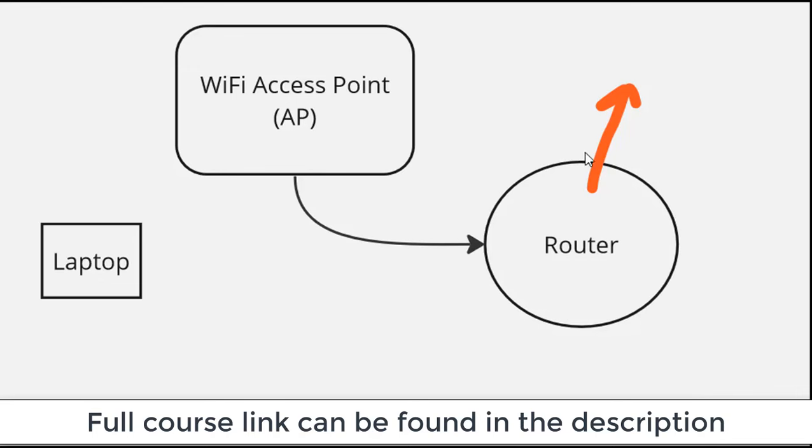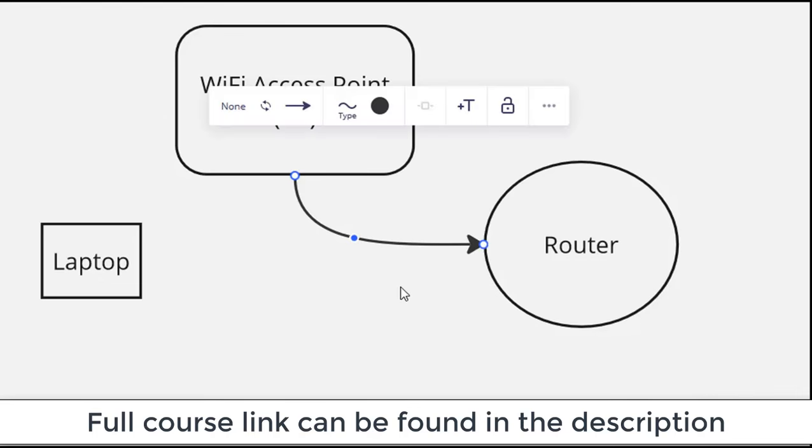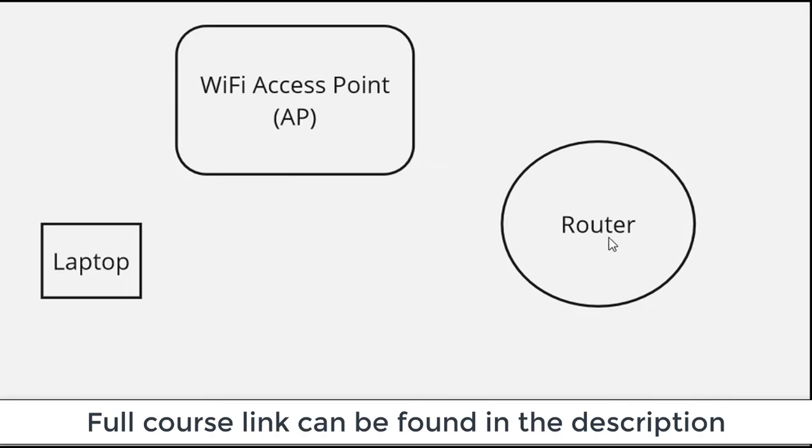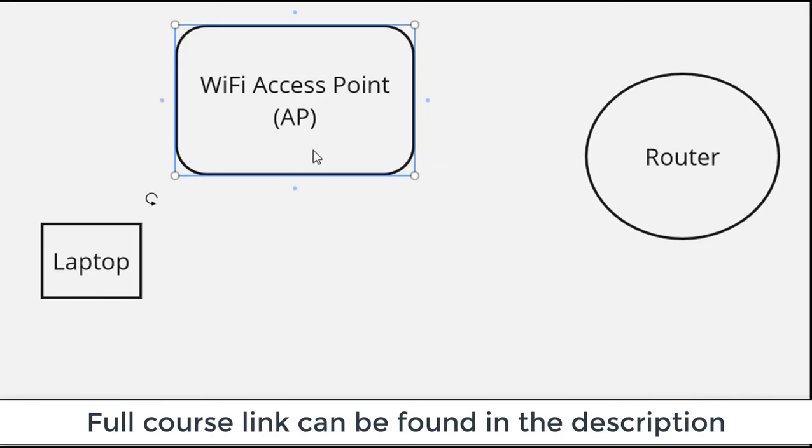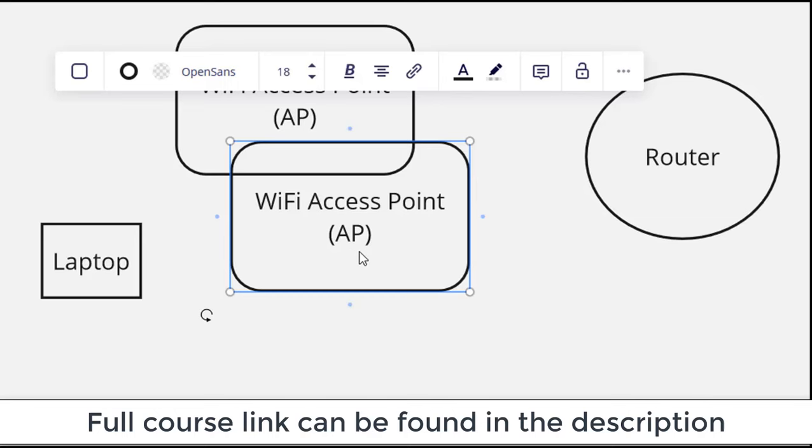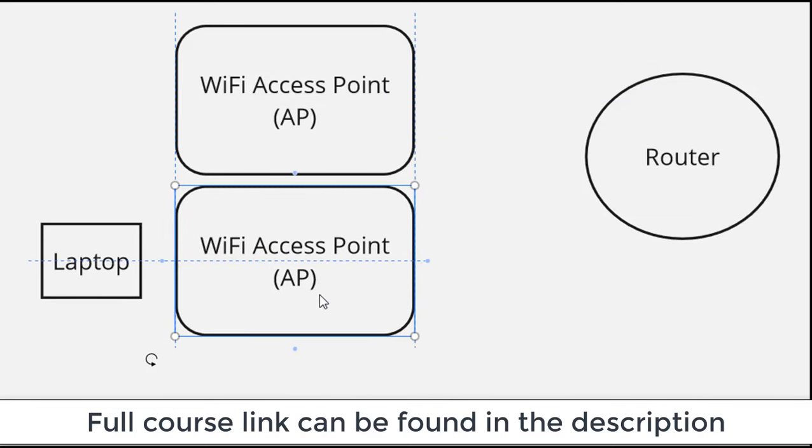You're still going to have access points. You're still going to have routers. But normally, in a corporate network, it probably won't be quite this simple. Now, one of the things that you'll typically see in a corporate network is we will often have multiple access